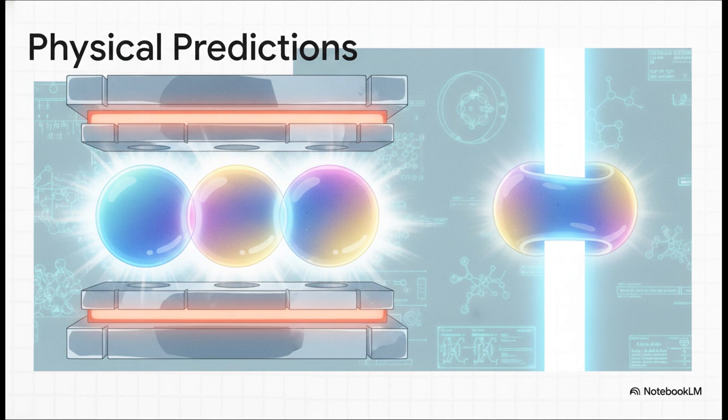RAM suggests that if you apply extreme pressure, you force these magnetic balls closer together, which enhances their overlap and raises the critical temperature. This aligns perfectly with what modern labs are observing with high-pressure hydrides. On top of that, the physical deformation of these balls neatly explains flux pinning in Type II superconductors. Most exciting of all, if we can engineer materials with precise Gaussian widths and string tensions, we might just unlock true room temperature capability.